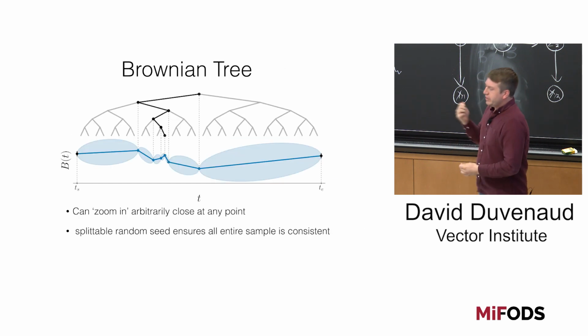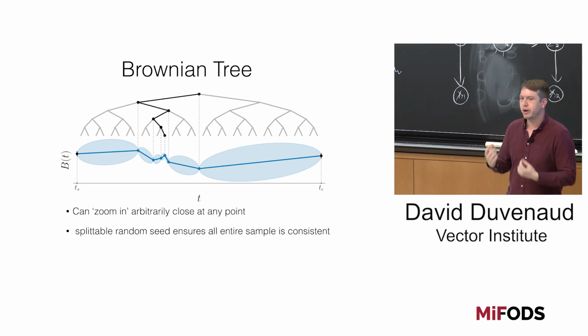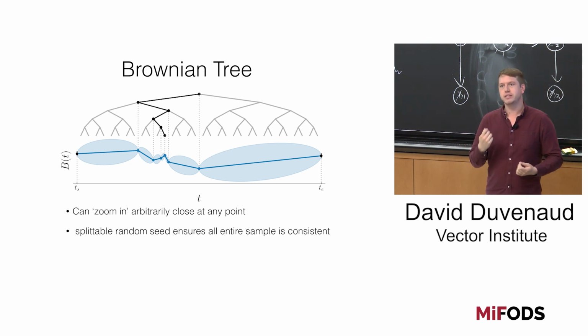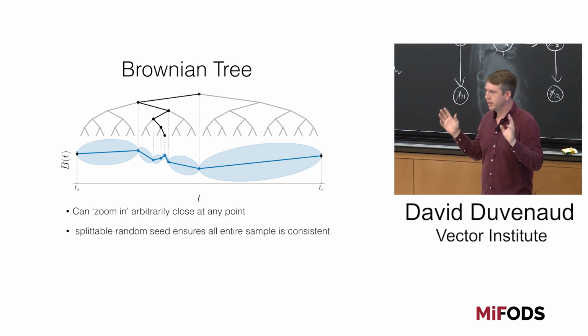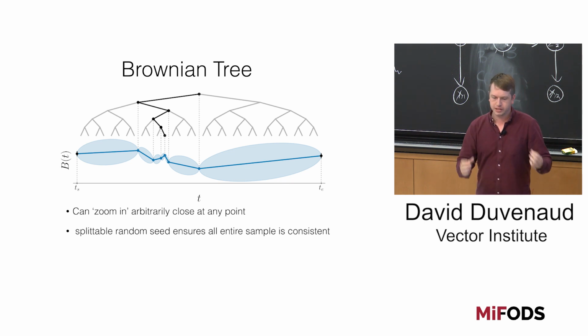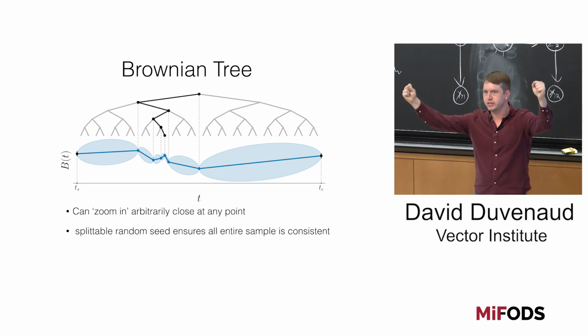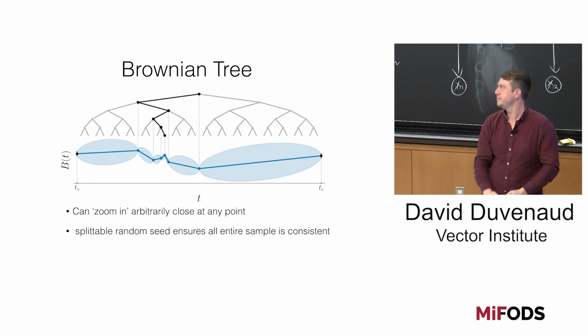So we figured out this trick, and then we found out that it's a well-known thing. It's pretty simple. There's this algorithm called the Brownian Tree that says you can sample from a Brownian motion with arbitrary accuracy at any point without storing anything more than a single random seed. The basic idea is that there is this thing called a Brownian bridge, which just says if I have a Brownian motion that I know the two endpoints of, I can compute the mean and variance of that Gaussian at any point in between. It just linearly interpolates.